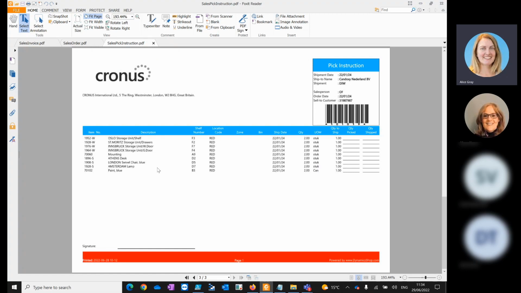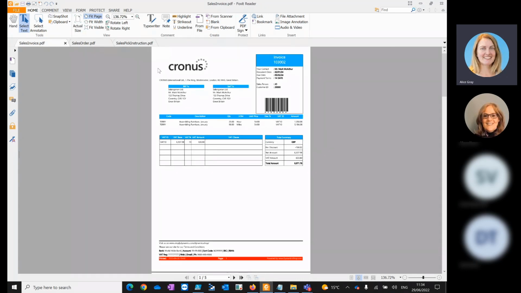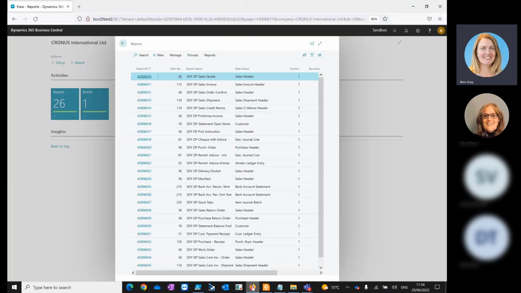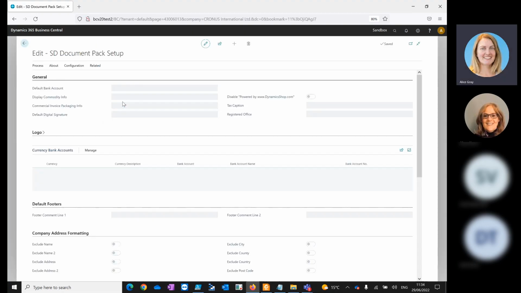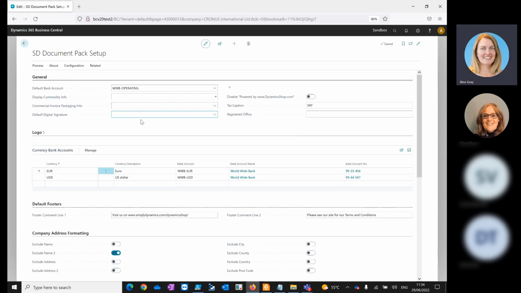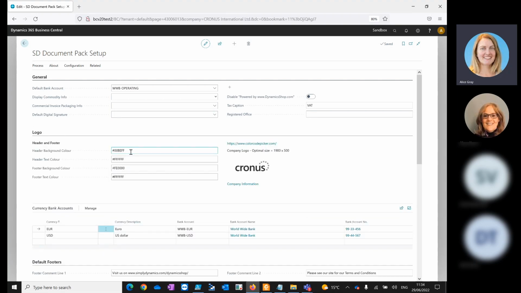So today I'm just going to bring you through showing how you can control a number of the visuals on the documents with no need to do any coding at all. So I'll just go back into our app, and I will just go into the main setup card of Document Pack. So in Document Pack here, you can easily change your colors, the header and footer colors,